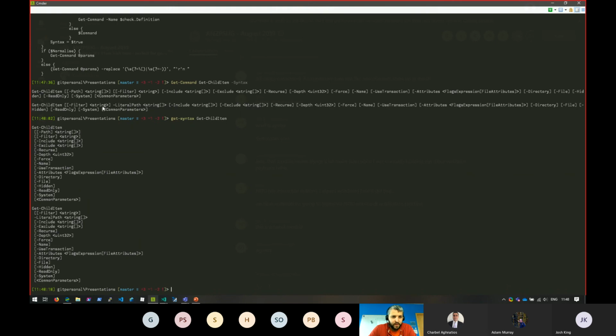If you look for literal path in the normal output, there's so many brackets in line that it's really difficult to find it. So it's a function I've written which makes it easier to find the syntax of commands, and it's really handy for things like the Azure commands, which have like 7 or 8 different parameter sets, so you can quickly identify what you need to use for that.